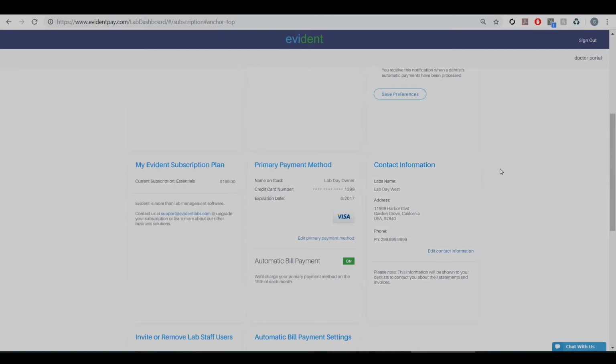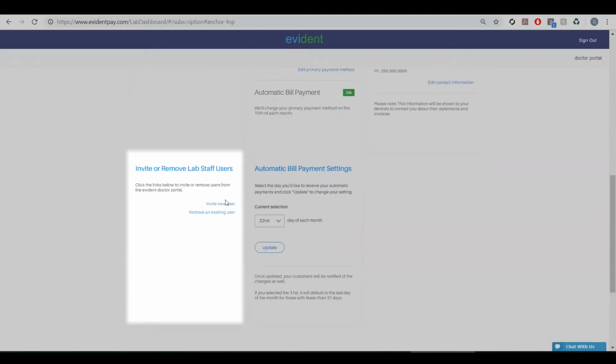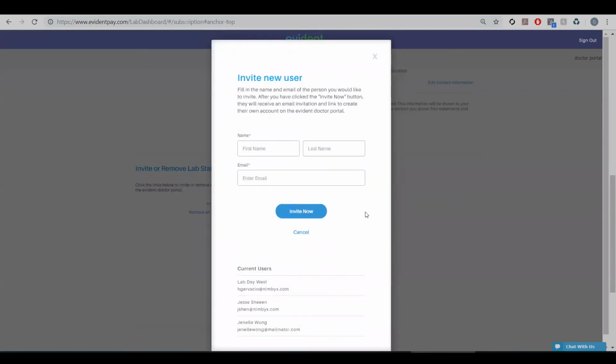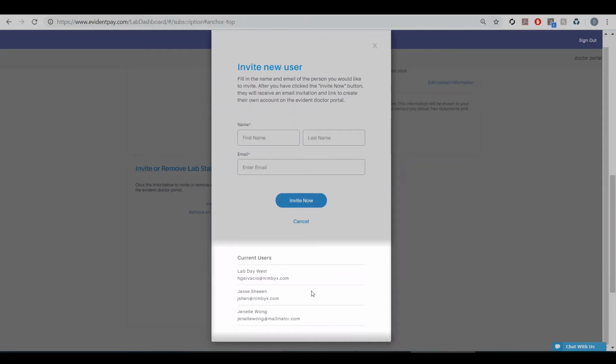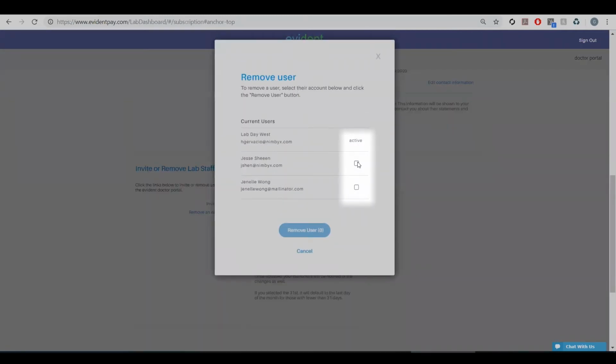Portal account. Down on the bottom left is how you invite your colleagues to your online Dr. Portal account. So you can invite your colleagues here. You'll see a list of who currently has access. And then you can also remove anybody. So you can just highlight who you would like to remove, and you can remove the user by clicking this